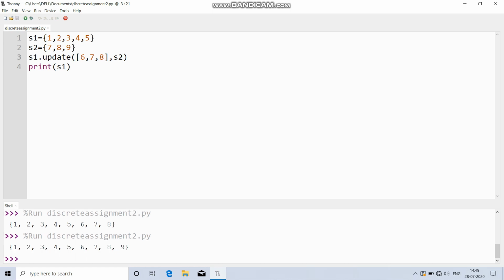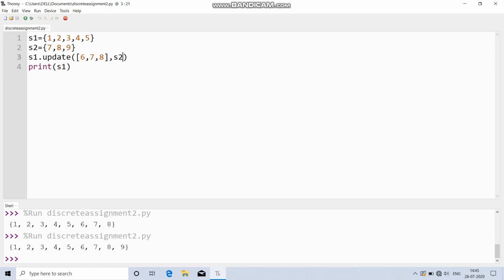So, it is going to add both values from the list and the set S2. Now, you can see values from both the list and the set were added to S1, and also duplicate values were removed since it is a set.